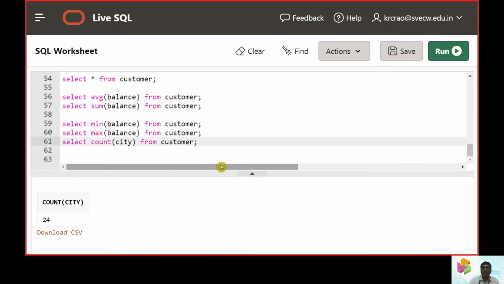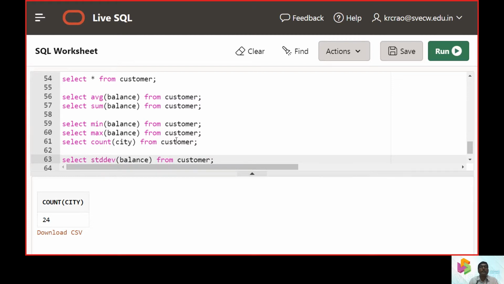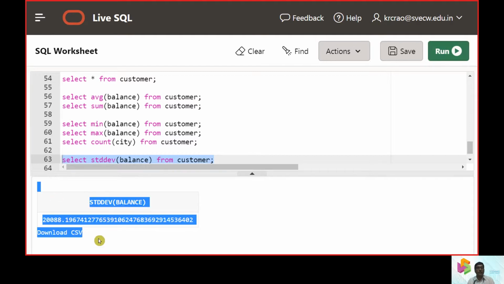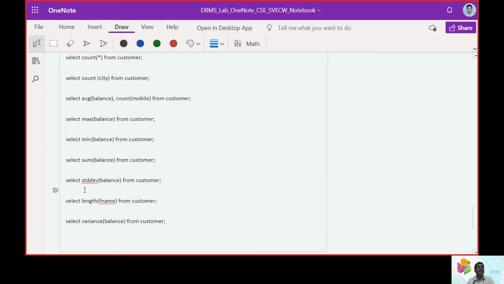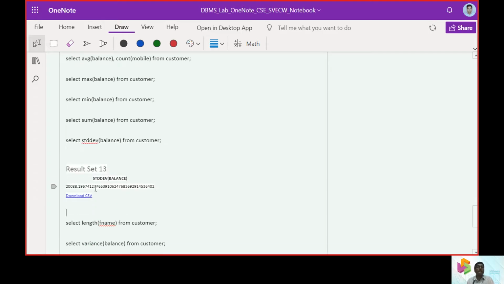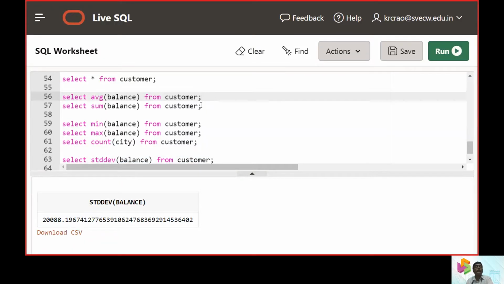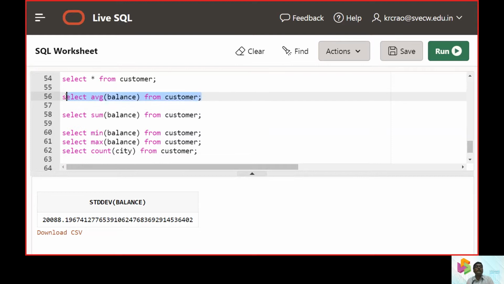We can measure it with the standard deviation, STD DEV, of the balance, and get the values. So we can see what the standard deviation was.